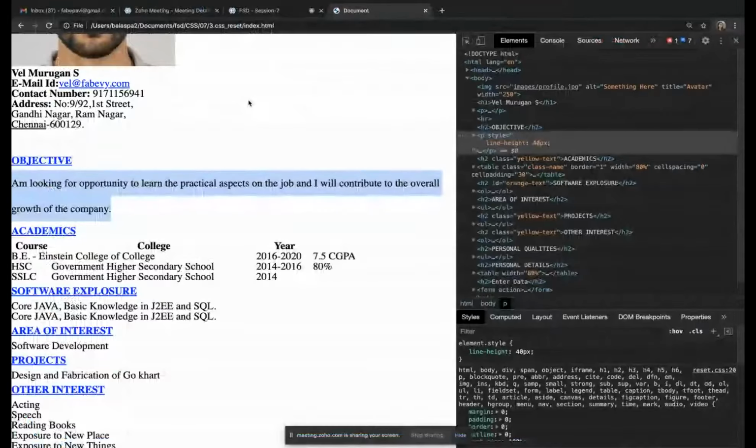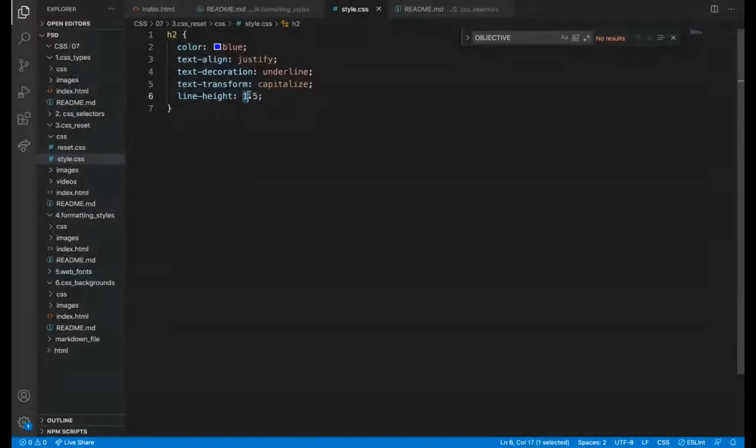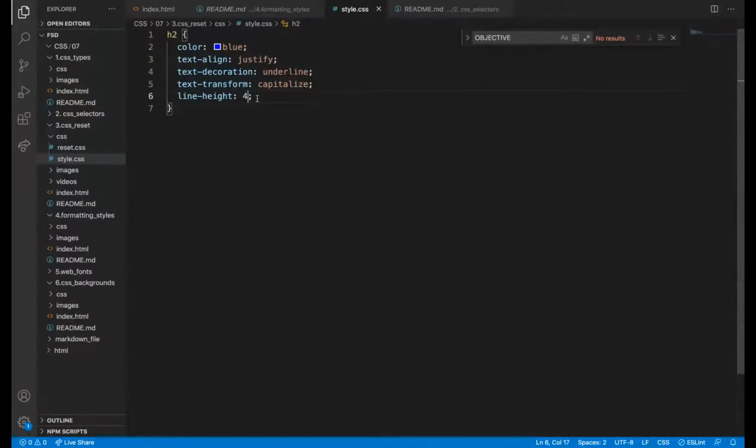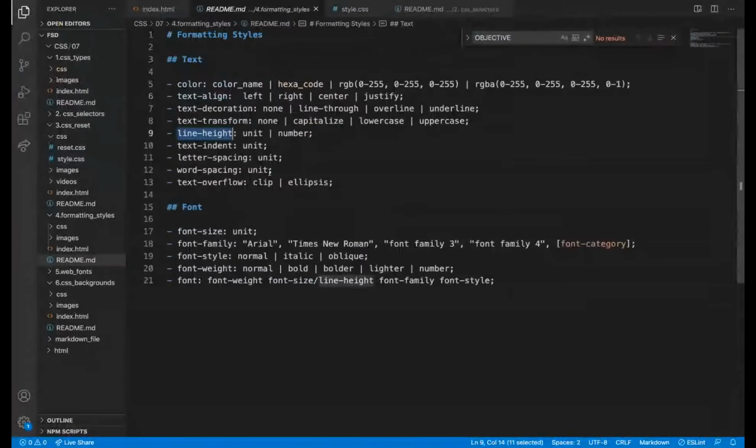If I make it 4, it will take 4 times its own size. So we can write pixel also, or else like this. That is the meaning of this unit.